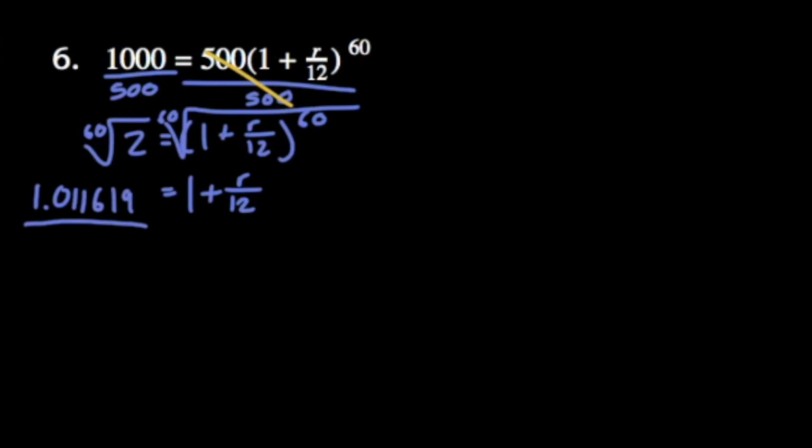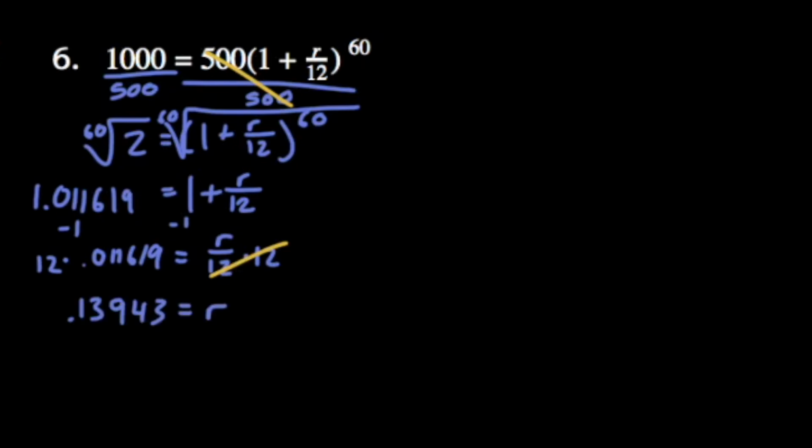1.011619. In this case, I'm being as accurate as I can be, and I'm trying to be pretty accurate here because I know I'm going to have to subtract 1 from both sides next, so the only part of this number that really matters is the decimal place. And then the other thing is I'm dividing r by 12, so I want this to be as exact as I can get. So 0.011619 equals r over 12, and then of course just multiply both sides by 12. So after multiplying both sides by 12, I got that the r value is about 0.13943, and that would mean that the interest rate is about